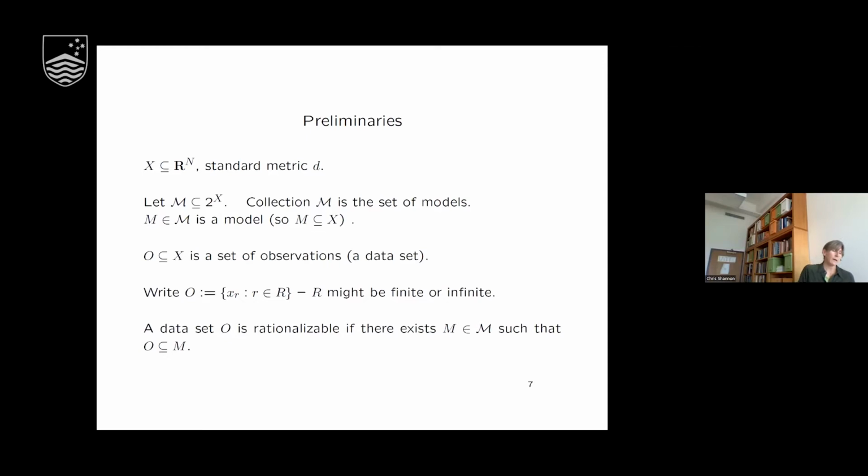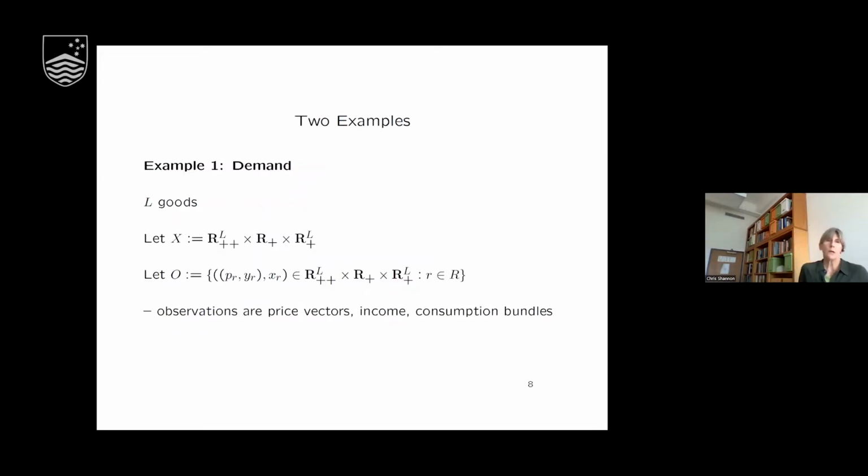And so you could just think about a very simple exact notion of rationalizability in this framework as saying that your data set is rationalizable if there's some particular model in your collection that contains your data set. Okay, so the two examples that I'm going to use today to motivate this, first, the classic consumer demand